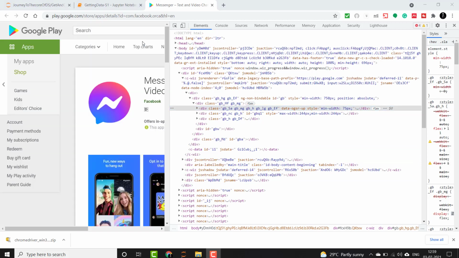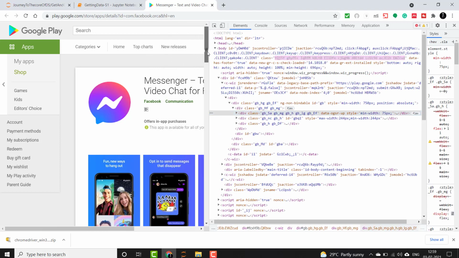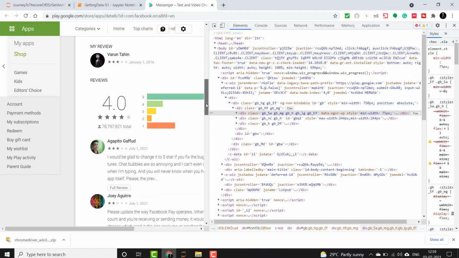So now we have to identify the authors which have given the review comments. For that we will first need to traverse down to the review section where you can see the authors with their star rating and when they did a review comment along with the comment. So I'll simply search one of the authors here in this source.